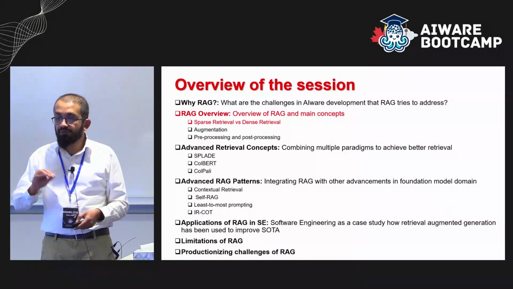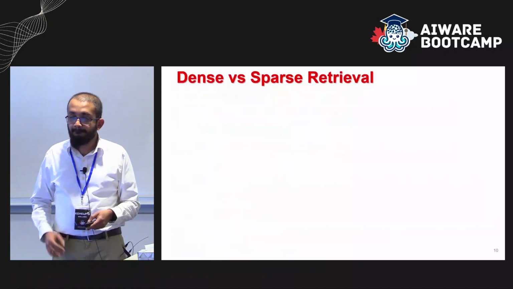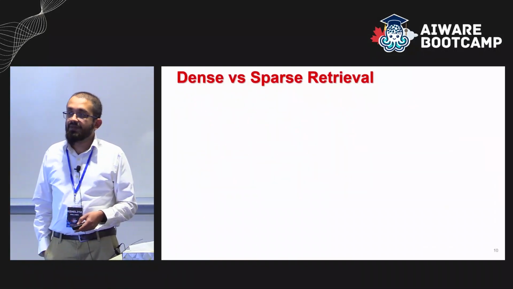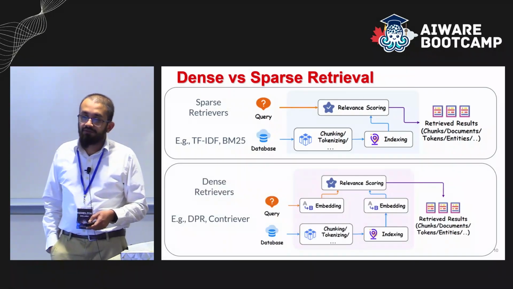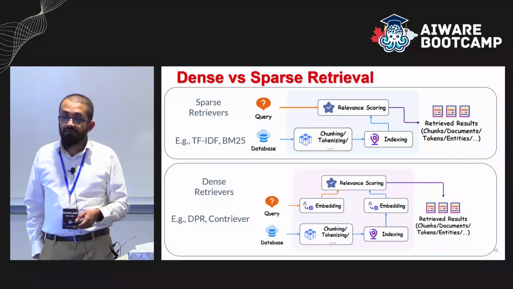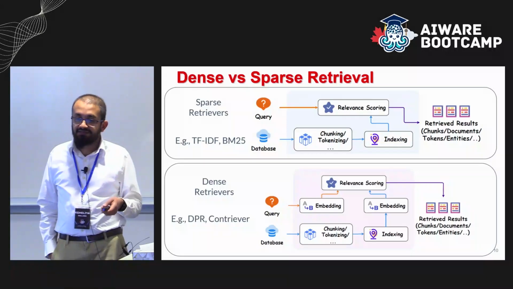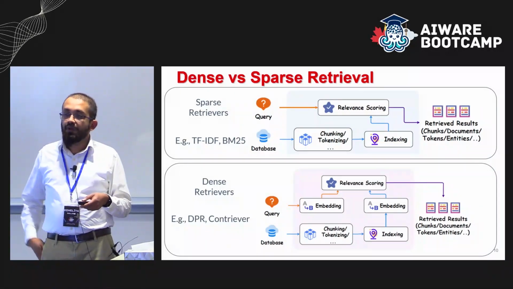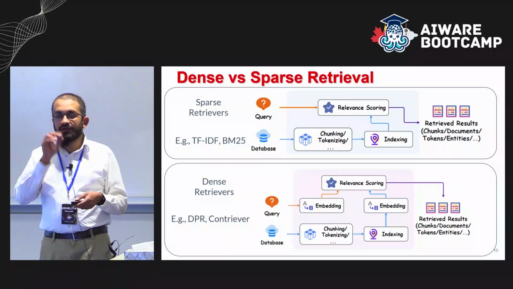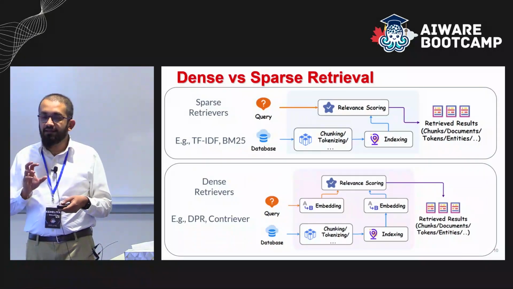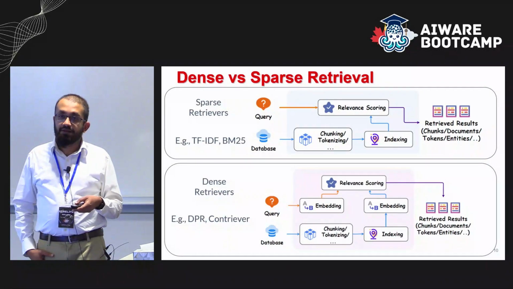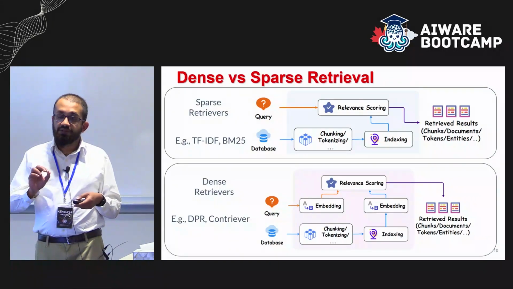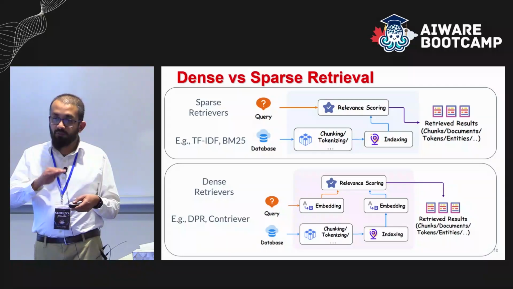So now let's go into the retrieval section. The retrieval section can be divided into two main parts: dense retrieval versus sparse retrieval. The idea behind sparse retrieval is you use an encoding. You can think of it as a lexical representation. So you use some exact similarities between the query and the